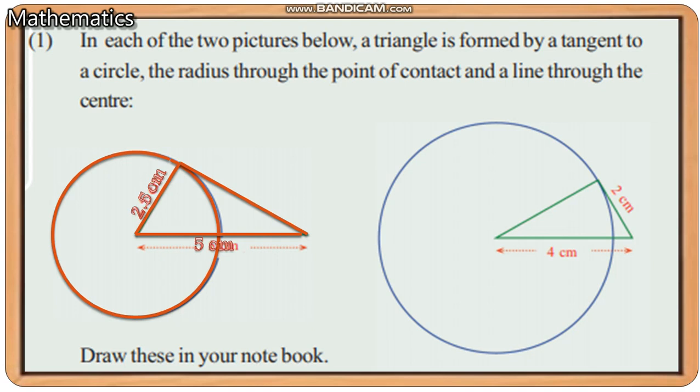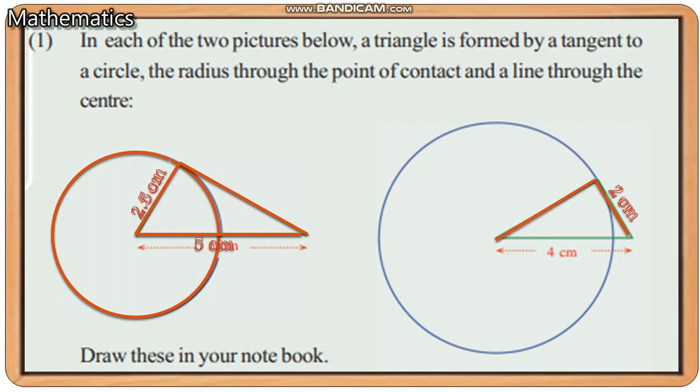Then next, the second figure, how can we start? At first you may draw this line, 2 cm. Radius is not given, so I am starting with that point. If radius is given, you may start from the radius. Here the measure of the radius is not given, so I am starting from the tangent. Then we know the angle between tangent and radius is 90 degree. So you may keep your set square there and draw 90 degrees.